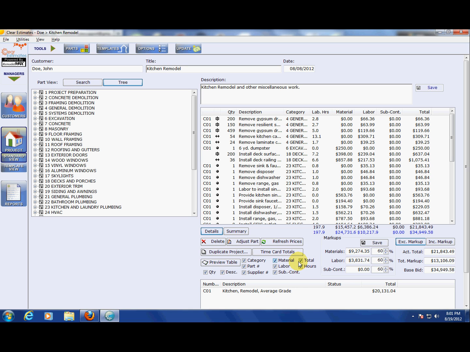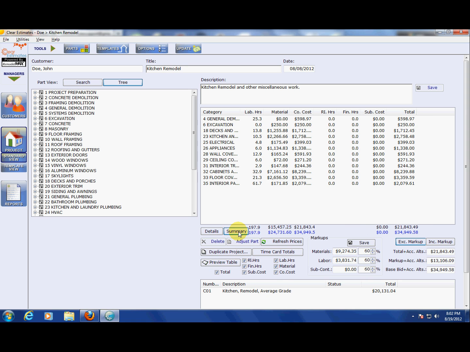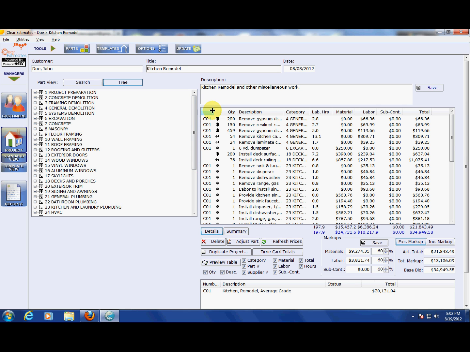Down here you can show the hours, labor costs. You might not want to include the supplier number, the part number, just because those might not be relevant to you as you're checking the costs. And so you would just uncheck them if you don't want to include them. And you can also choose to just show a summary of the categories, or the details view as a line item breakdown of all of the parts. So once you have all of these set the way you want them, you just click down here, Preview Table,